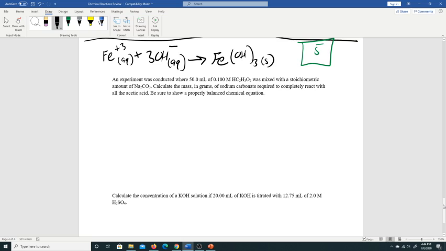So what we have: HC2H3O2 plus Na2CO3. This will form H with CO3, H2CO3, since H is plus 1 and CO3 is minus 2, so we need 2 H's, plus